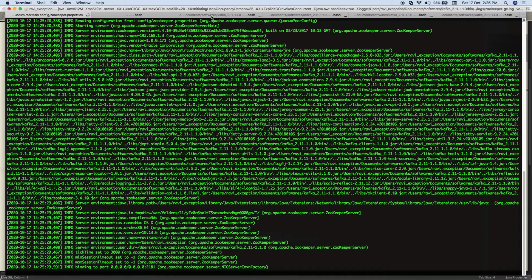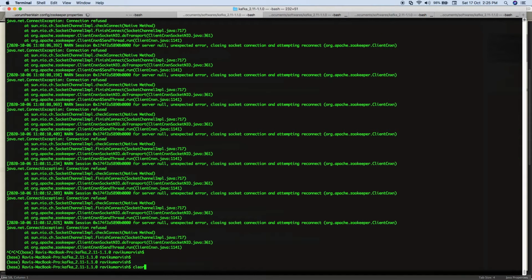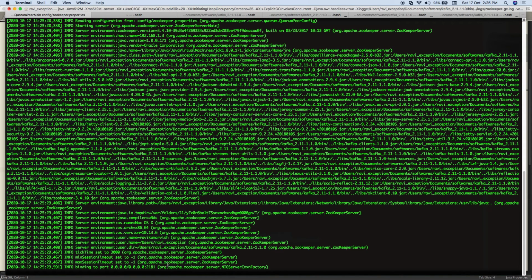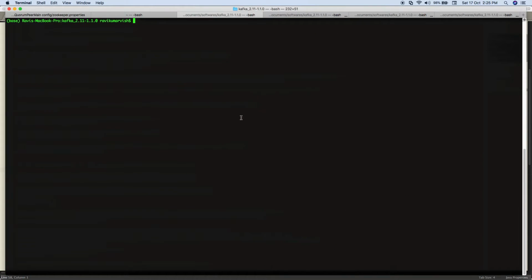Okay. Now let's go and start our first broker. Is zookeeper started? Yes, it is started. Let's start our first broker. What I'll do? kafka-server-start. Let's see what other parameters are there. When you hit it, it needs server.properties.